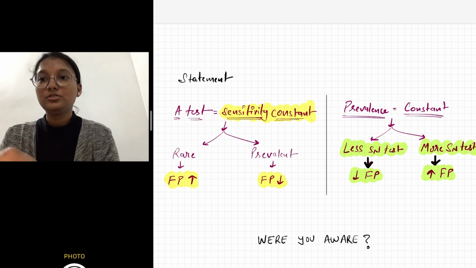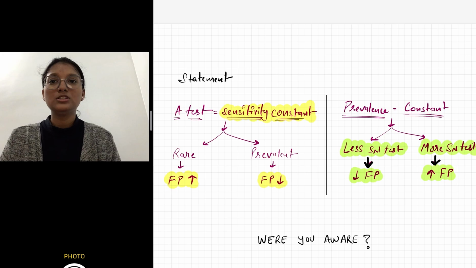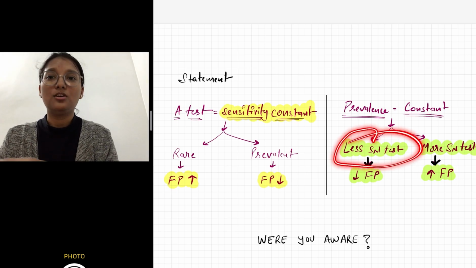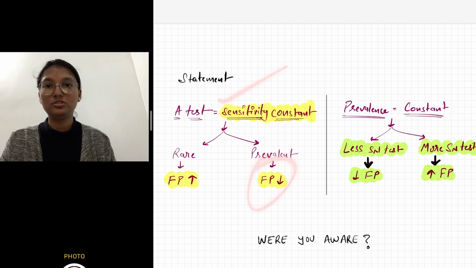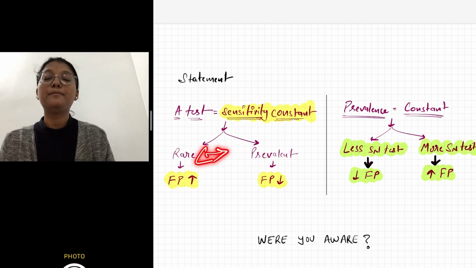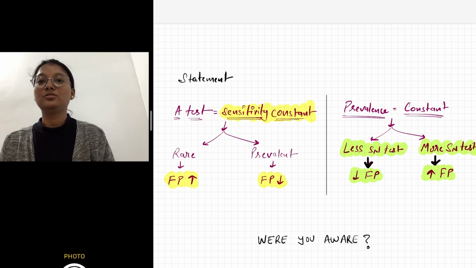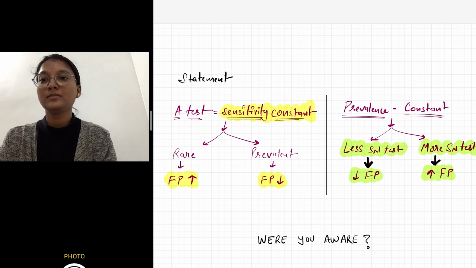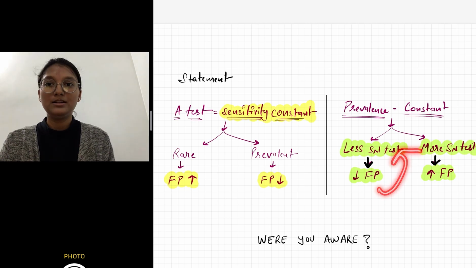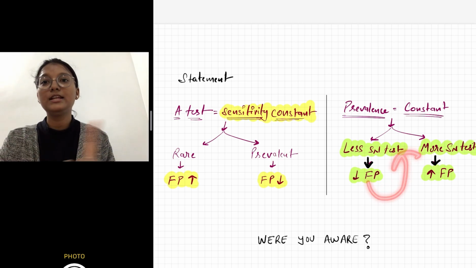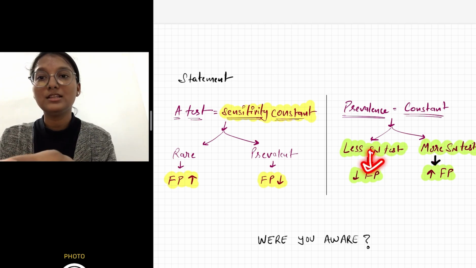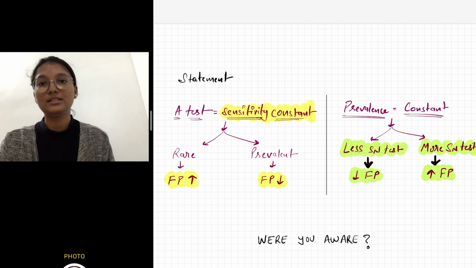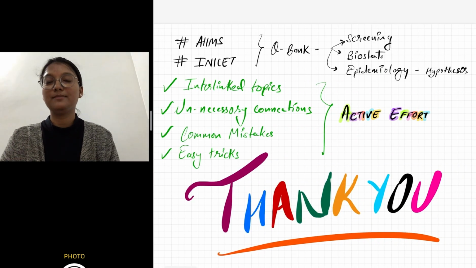So less false positivity does not really mean that sensitivity is always less. You can have even constant sensitivity with less false positivity depending upon the prevalence of diseases. So you have to make these kinds of awareness notes, and they are not inversely related, meaning a decrease in false positivity will not lead to less sensitivity of the test, whereas it is only true in this direction: a less sensitive test can have less false positivity in a constant prevalence area.